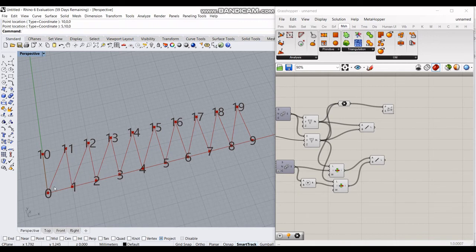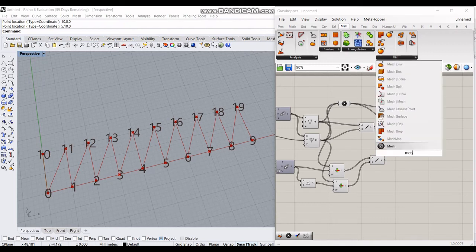Now the key point here is to create a pattern in such a way that we get the mesh faces. So if you can see here, it can be easily divided into 2 parts. One is the upper triangles. The indices of their vertices correspond to 0, 10, 11, 1, 11, 12, 2, 12, 13 and so on. And the lower triangles, whose indices correspond to 0, 1, 11, 1, 2, 12, 2, 3, 13 and so on. So let's create a construct mesh component here and use these as the vertices. And for the face, as used before, we'll use the mesh triangle component.